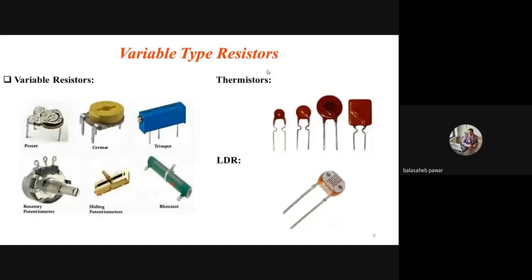Now, what do we mean by NTC and PTC? Negative temperature coefficient means what? Whenever there is an increase in temperature around this device, its resistance decreases, and vice versa. That means if temperature increases, the resistance also increases in case of PTC. But in case of NTC, an increase in temperature decreases the resistance and vice versa. So remember, thermistors are available in two types, known as NTC and PTC.